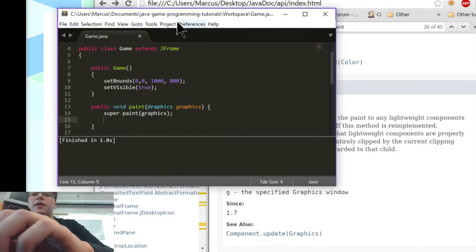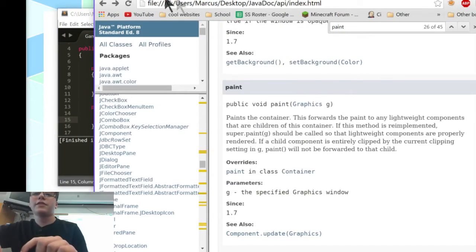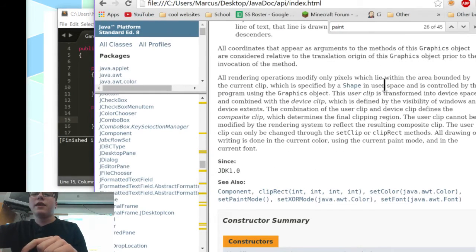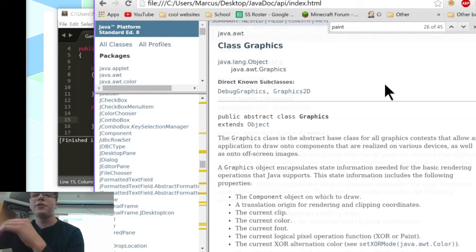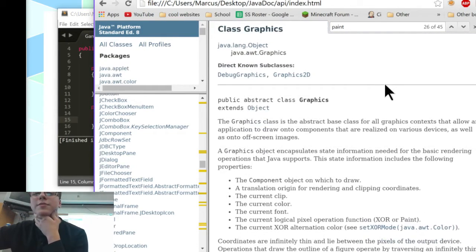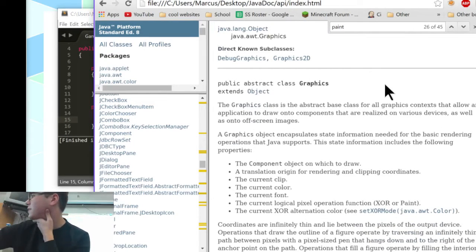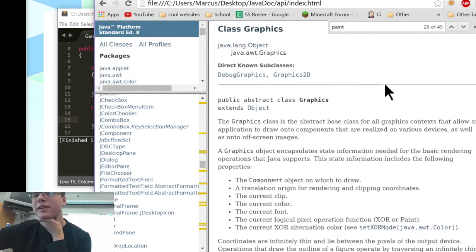So there's a few things that we can do with graphics. Let's go to the JavaDoc. And don't worry, I won't be going through the JavaDoc in every single lesson. We just kind of want to get something started here that we can work with. So this is probably one of the most annoying starts, I think. The only really annoying thing is starting, in my opinion.